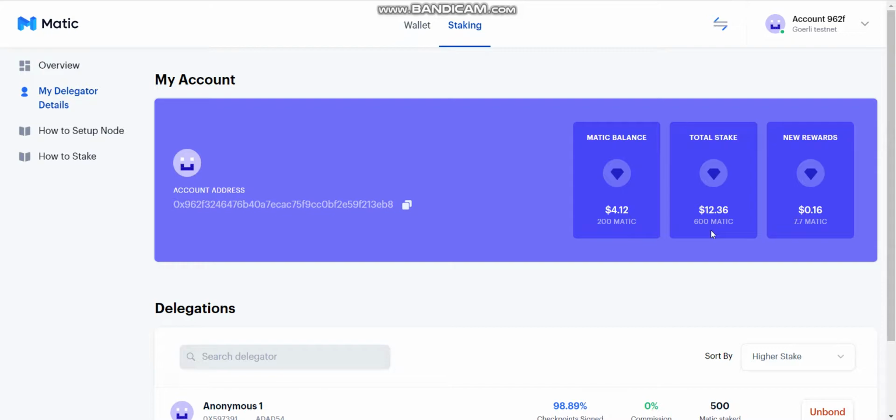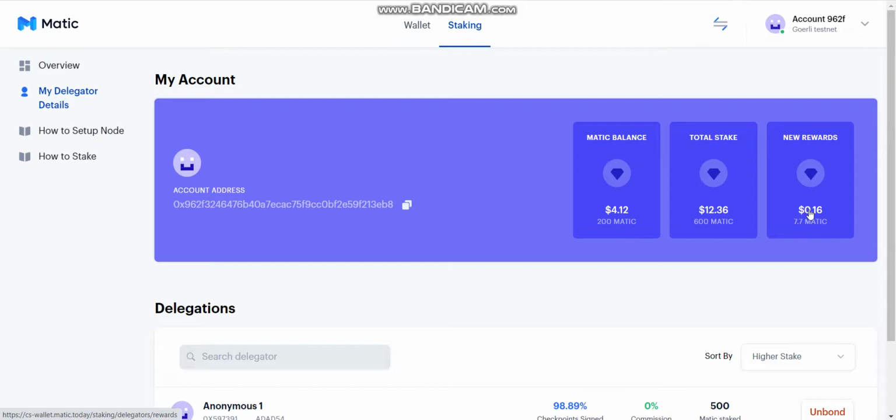So it will take a few seconds or a few minutes. We can wait for that also. But here you can see 600 Matic tokens we staked, I think 24 hours before. So we are getting this profit here, 7.7 Matic tokens as profit.